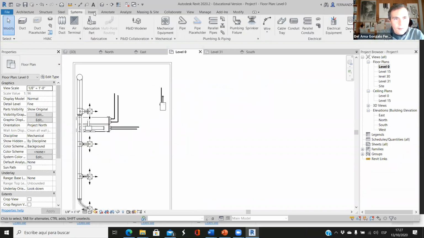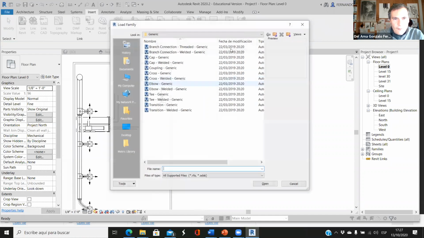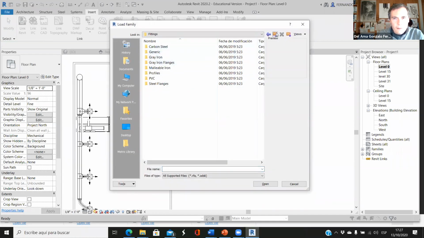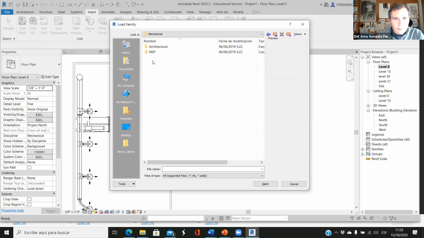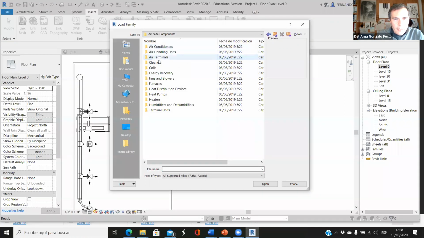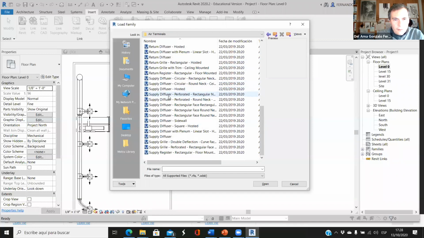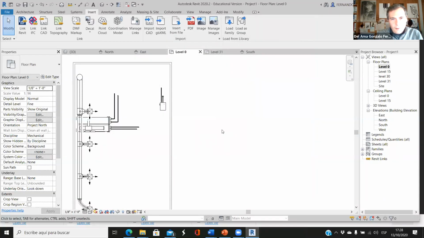So I have to insert family, mechanical, MEP, airside, air terminals, and is there a return diffuser here? Okay, so return diffuser, open,